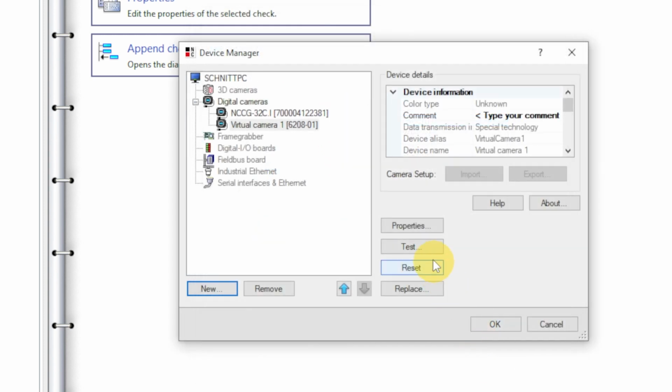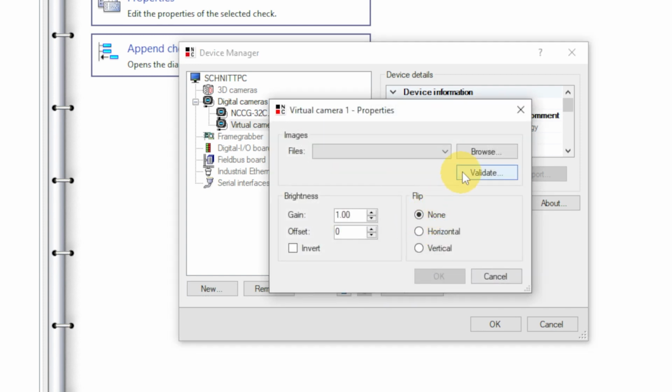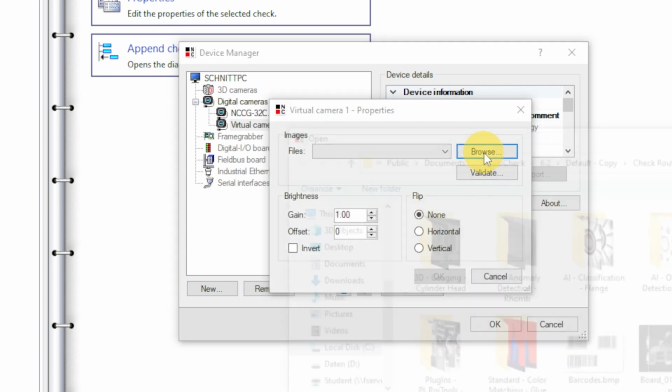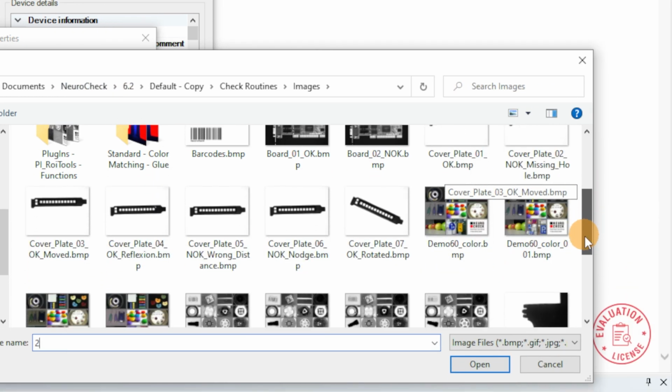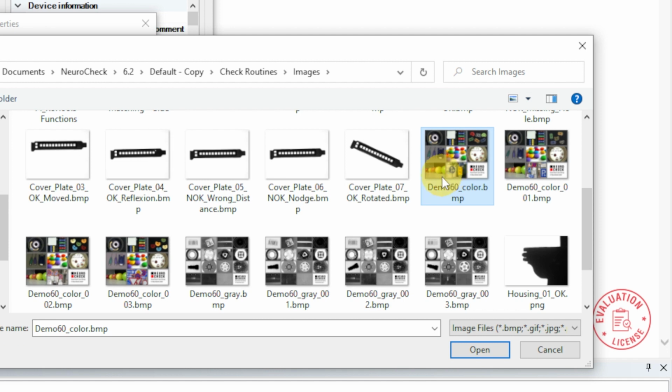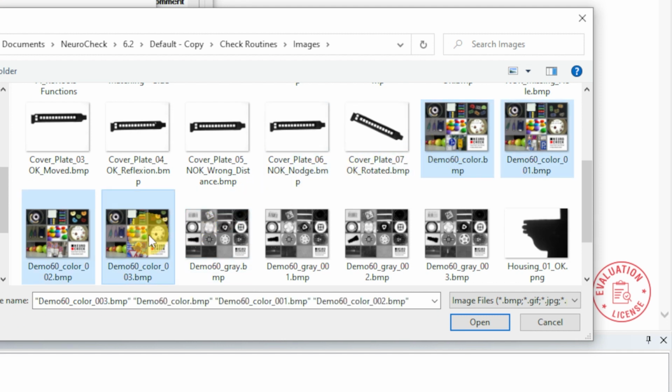In the Properties dialog, we can assign image files to the camera. These simulate the live image of a real camera. Hold the Shift or Control key while selecting to select a range of images.